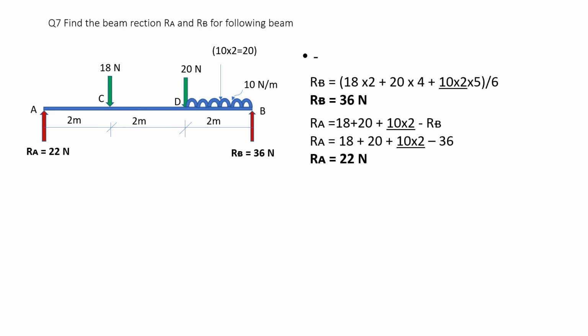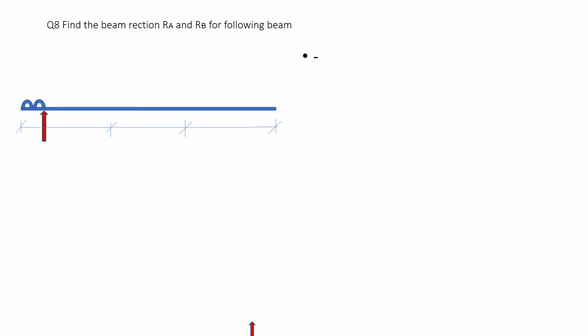This is how you find the reactions, and do a little practice of it. You can do it in 2 steps within 5 minutes. Let us take the next question. Now here there is an overhang. At C A is an overhang, at D 11 Newton force is acting, at E 15 Newton force is acting, at F 4 Newton force is acting. The distances are shown: 1 meter, 2 meter, 2 meter and 1 meter.